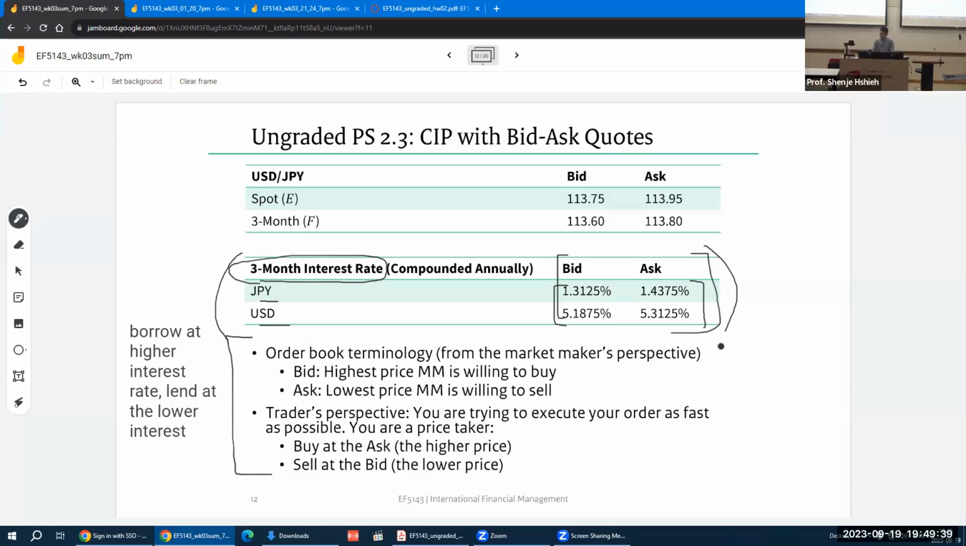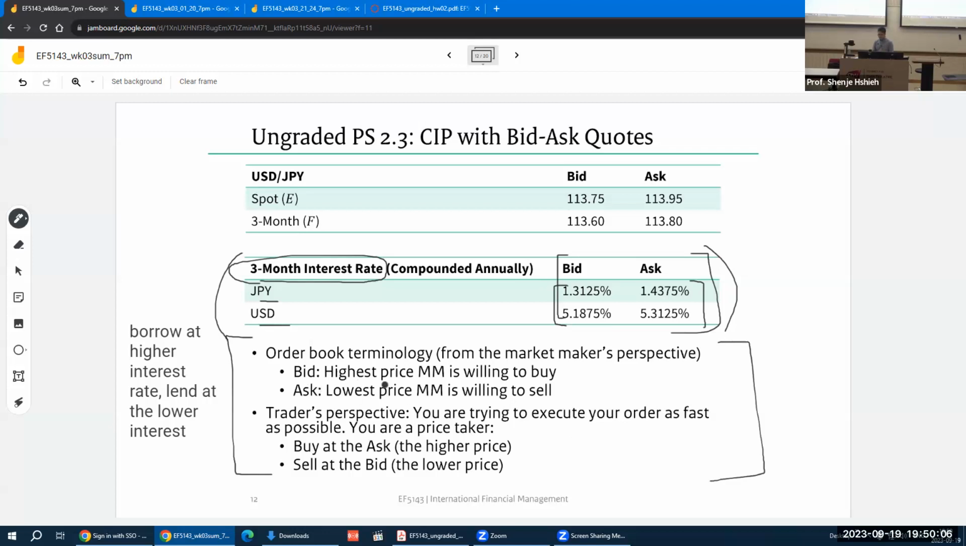So I outlined the intuition. If you don't quite understand bid-ask quotes, just to refresh your memory, you can think of these quotes from 2 different perspectives. You can think of it from the market maker's perspective, right? If it's the market maker, then bid is they're buying from you, and they always buy from you at the lower price. And if they're going to sell you something, they're going to sell you at the ask price, the higher price,